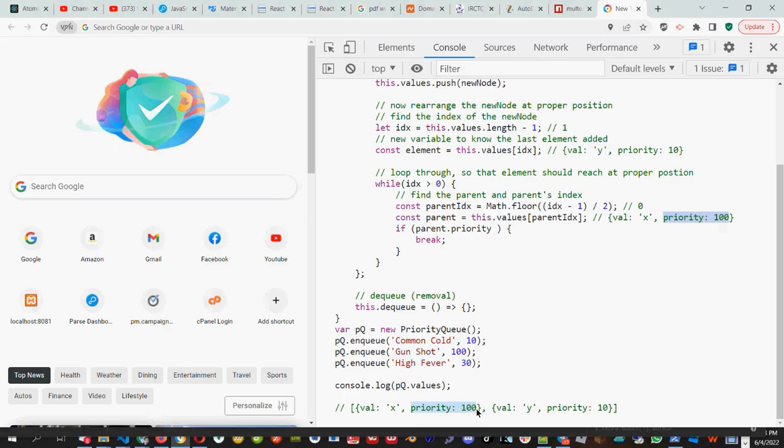Yes, sir. I'm saying we have taken the parent index, and we are saving the parent index value in parent so that we can compare with the element. Right. We have to compare parent with the element. Yes, sir. Right. So I have to check parent dot priority. If parent dot priority is greater than element dot priority, that is this one,